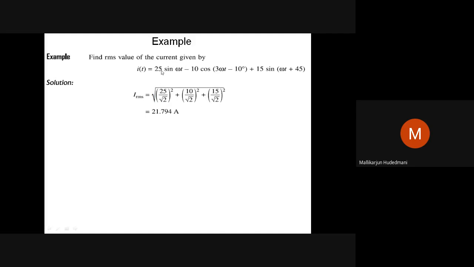It is nothing but peak square divided by 2, peak square divided by 2, peak square divided by 2. Under a root, add them. This becomes the RMS value of the quantity under consideration. So you need to be careful here. This is how, when any example comes to your task, you will be able to solve it. This is how you have to view it carefully. Some books contain such examples, some books do not focus on them. If it appears in the exam, you must be able to work it out from this perspective.